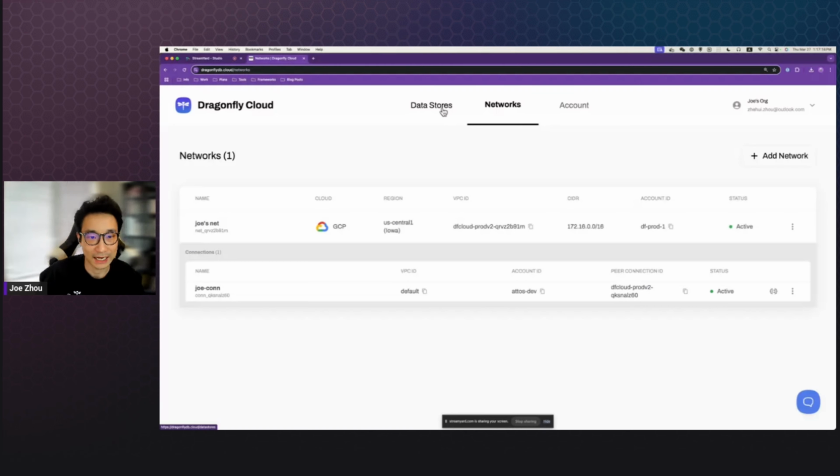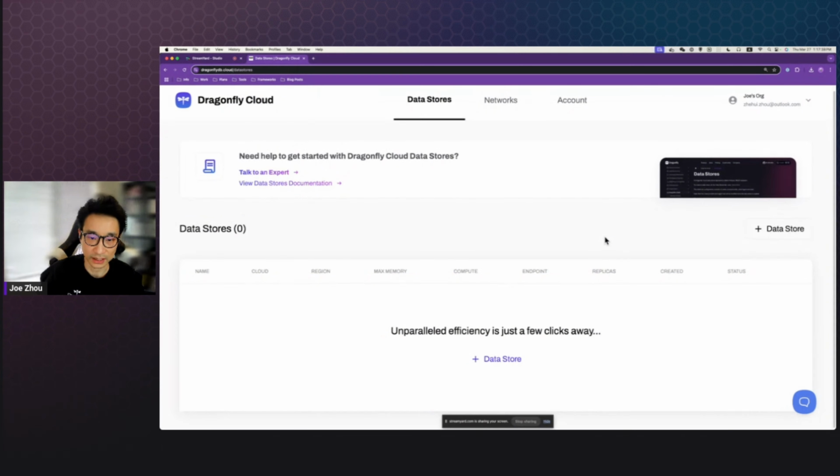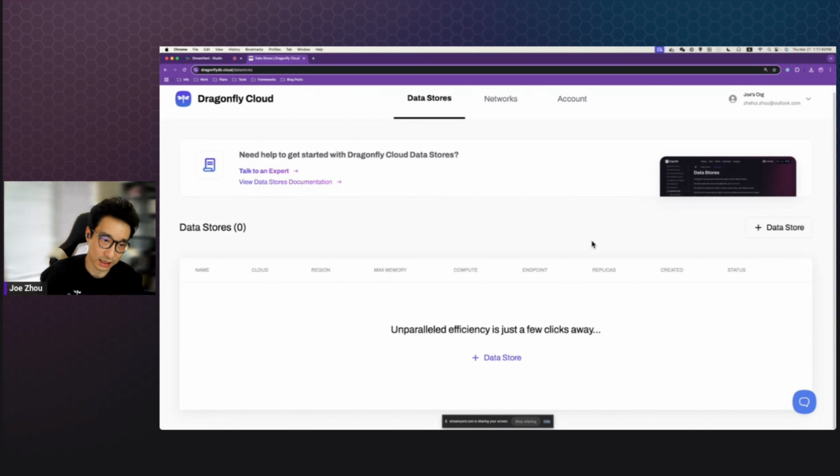And then finally, we have this data store, which is the main resource we have in Dragonfly Cloud. A data store is backed by one or more Dragonfly instances. And depending on your setup, like with replicas or Dragonfly Swarm, we will use one or more data stores. Right? So today I'm gonna show you how to create one or two of those and see them in action. Right? So first, let me hit the create data store button over here or here, the same,